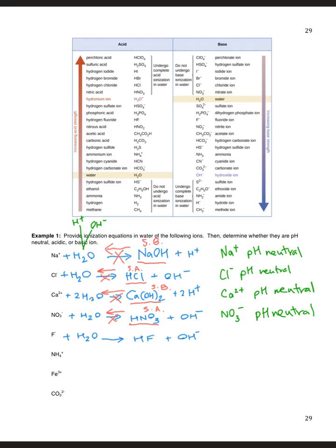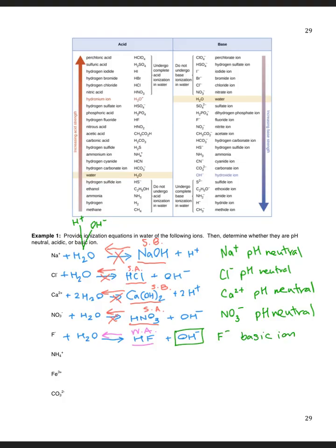Now let's take a look at the conjugate acid-base pair between hydrofluoric acid and fluoride ion. As you see, hydrofluoric acid is not one of the 6 strong acids. That means hydrofluoric acid is a weak acid. A weak acid only partially ionizes, therefore the reaction will proceed in both directions. And because the overall reaction, as you see, will produce hydroxide ions, we can classify the fluoride ion as a basic ion